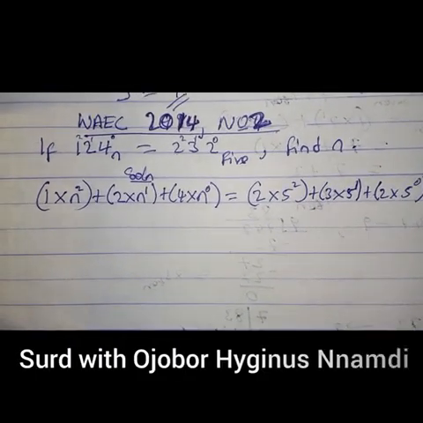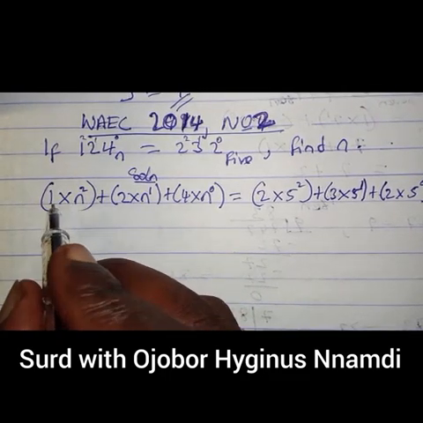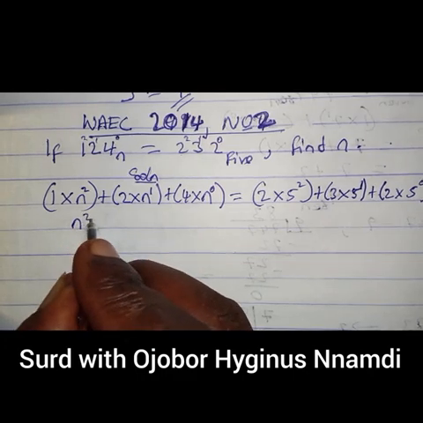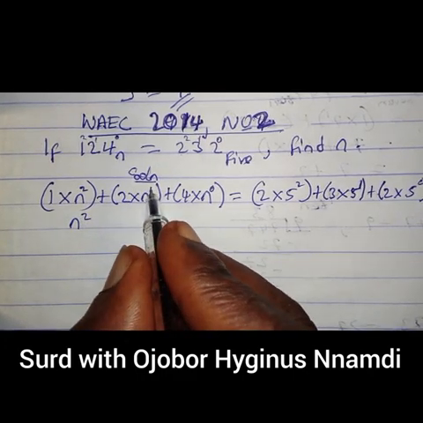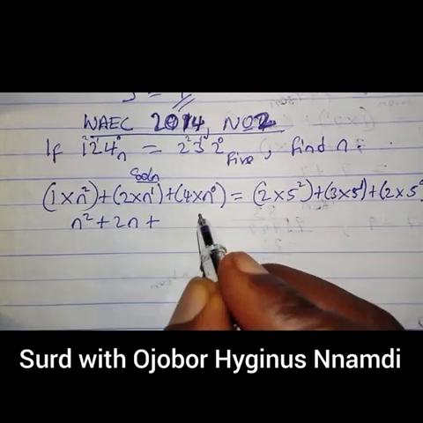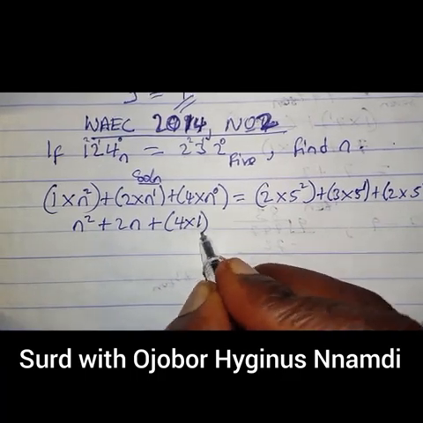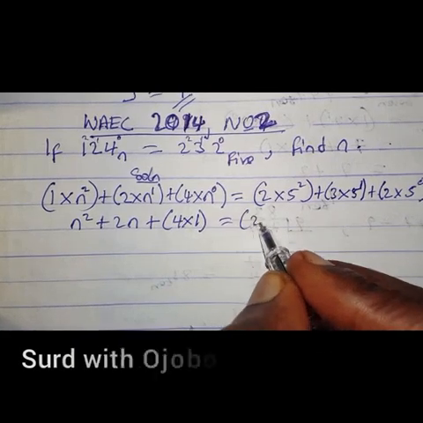And we are done with expanding. So if we simplify further, this is n squared times 1, you have n squared. This is 2n raised to power 1 is n times 2, you have 2n. Plus this is 4 times n raised to power 0 is 1. Equals 2 times